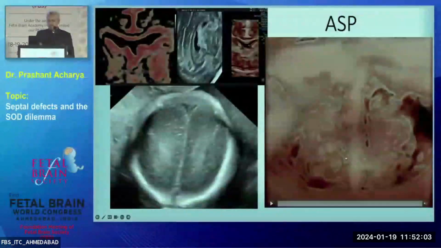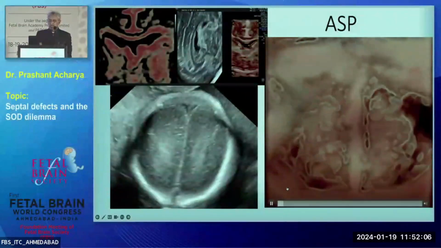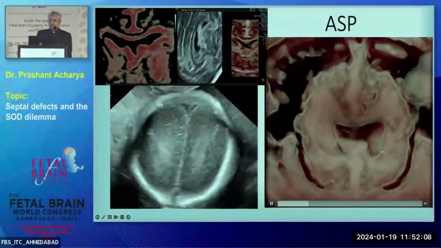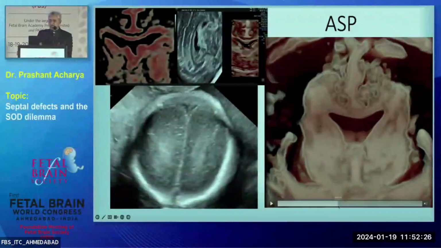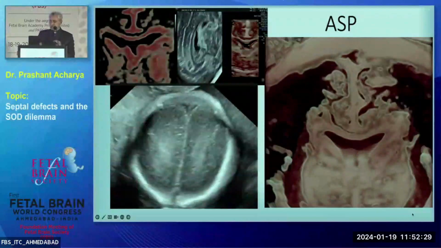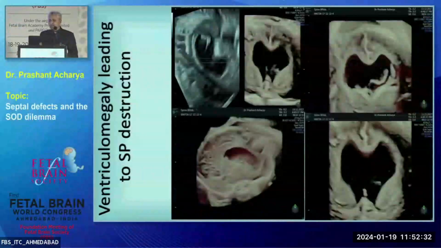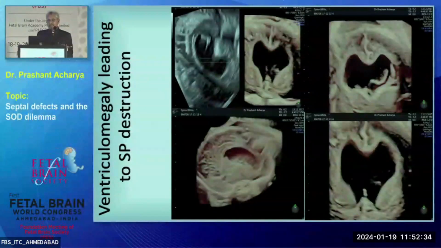This is a slide which was shown yesterday also, looking at the absent septum pellucidum, a three-dimensional structure, but the best thing I always prefer is to walk in. The moment you walk in, I will try to look at all sorts of possible associated malformations. These extensions are probably better appreciated on your volume. The fornical fusion, single fornix, will also have better appreciation on a volume. But absent septum pellucidum can be because of severe hydrocephalus, which creates more intracranial pressure, and you may have rupture. But the rupture will have remnants or a floating septum, which can be appreciated.